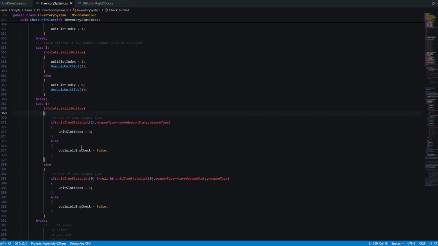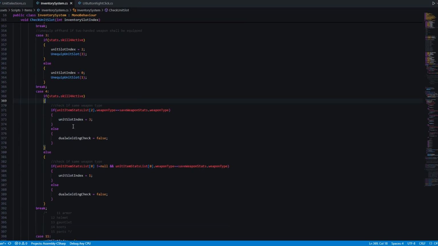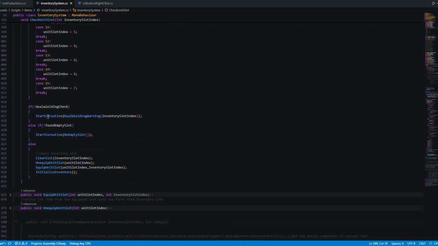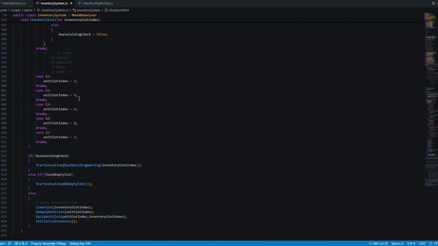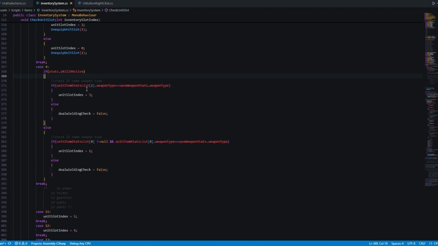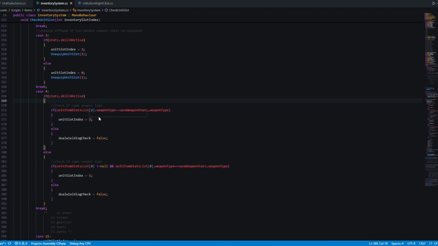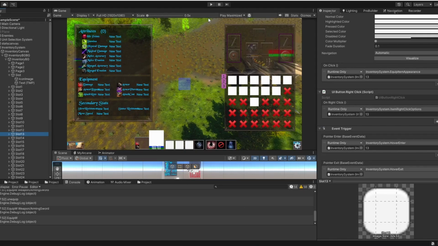So we are going to make the dual wielding check false if the first weapon isn't the same as the second weapon. So what's happening here is that, for example, we could also have a one-handed axe equipped, and if I now right-click on my arming sword to equip it as offhand,